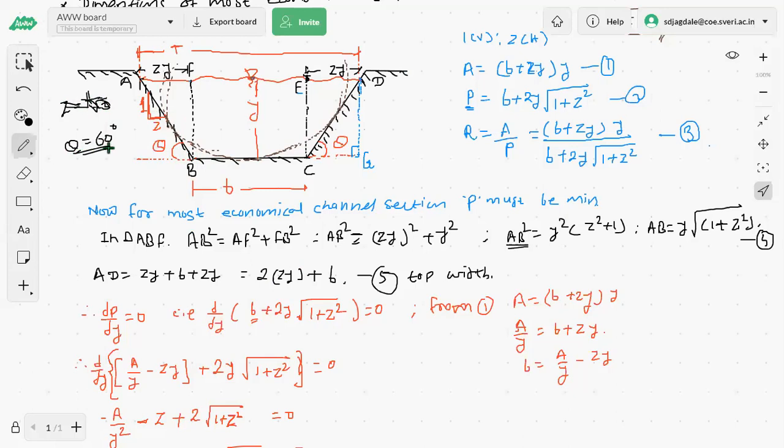For deriving the same, we will be required to differentiate the wetted perimeter P with respect to Z, because Z is a governing parameter for the angle of the slanting edge. So if Z increases or decreases, meaning the horizontal dimension with respect to the vertical changes, accordingly the slope of the slanting edge goes on changing. So for that case, we'll be required to differentiate this wetted perimeter P with respect to Z and equate it to 0. It gives us a value of theta as 60 degrees.